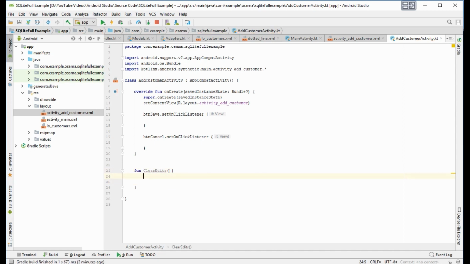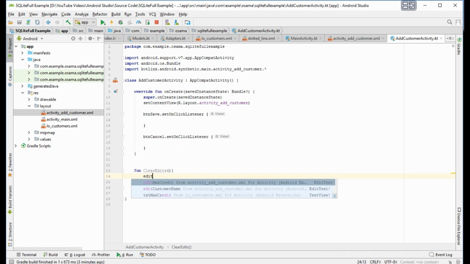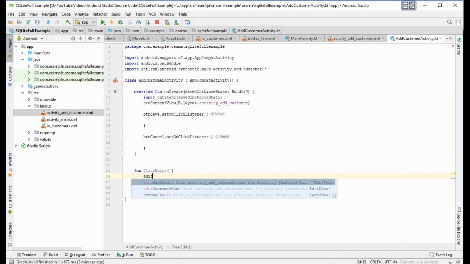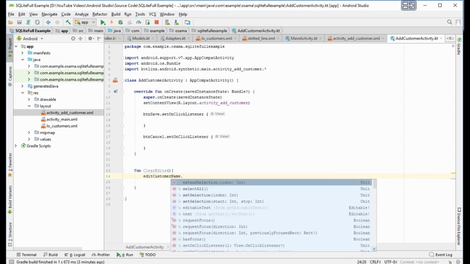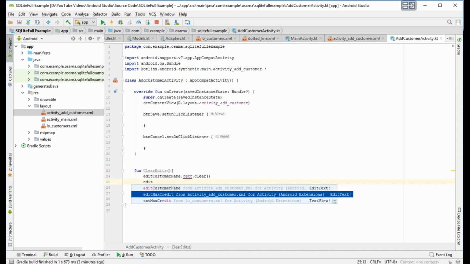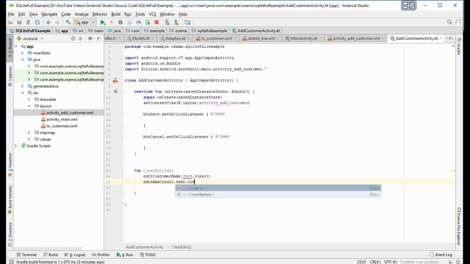Okay, edit customer name dot text dot clear, and edit max credit dot text dot clear.